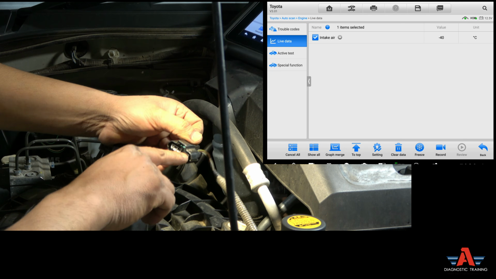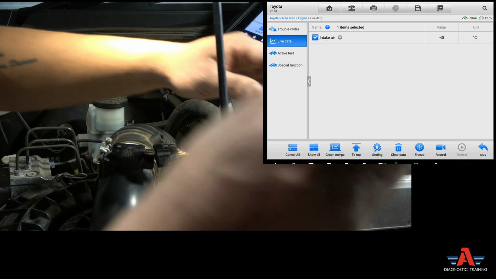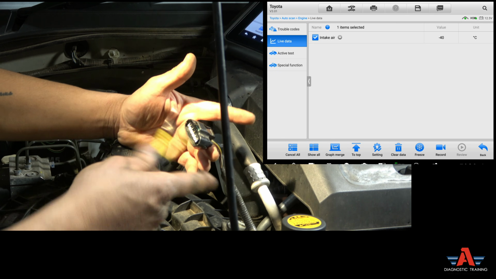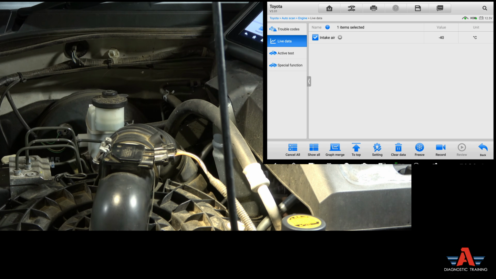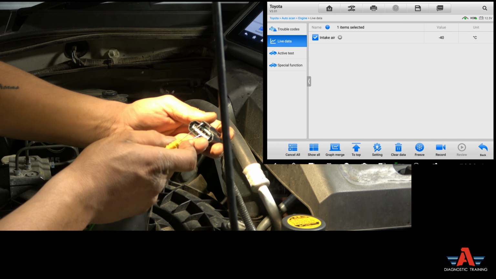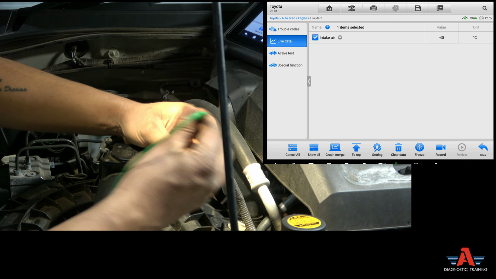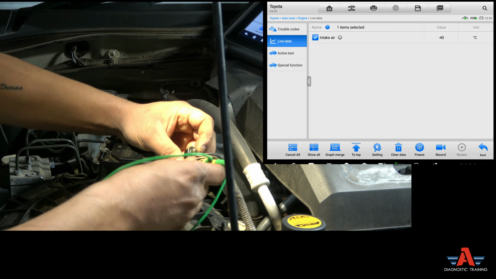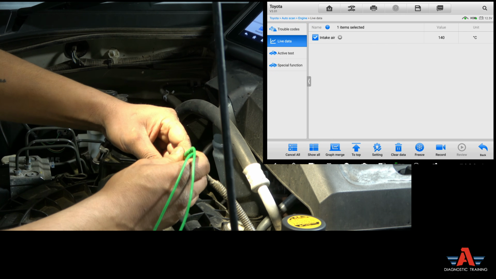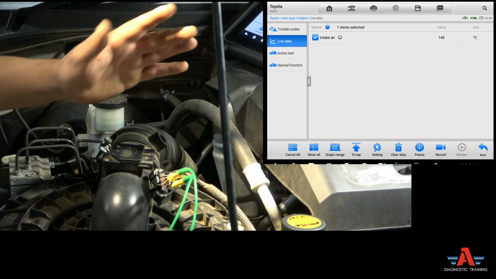Now we already verified this two wire. I'm going to short this wire, okay? Or we can always use a resistor and change that value, right? But I can short this, and it's going to give us the circuit low fault code now if I short this. So I'm just going to go back and probe that yellow wire and that brown wire for the intake air temperature, guys. Right, as soon as I short it, look at my scan tool, it went to 140 degrees Celsius, exactly the same thing,